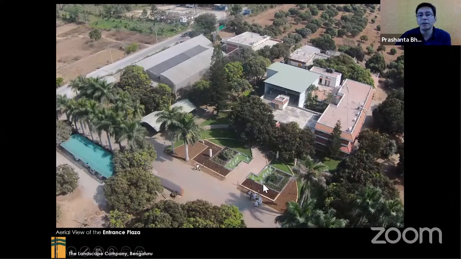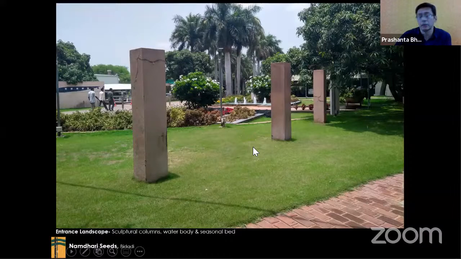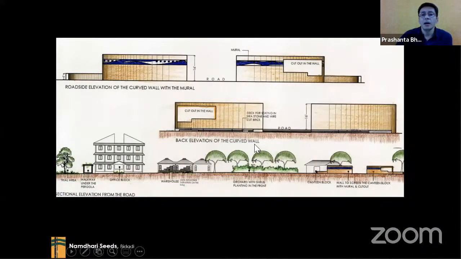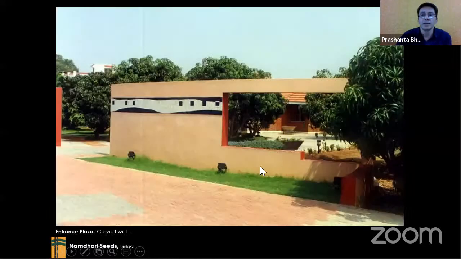But it was in this mango orchard, which is 150 acres. And we needed to also look at how people enter the space, how they will come in, how they will use the garden, or not just the garden, but the entire campus. We wanted to screen a few of the views, so we created this mural wall and then cut out to emphasize a view that people would see through that, and this is what it is.